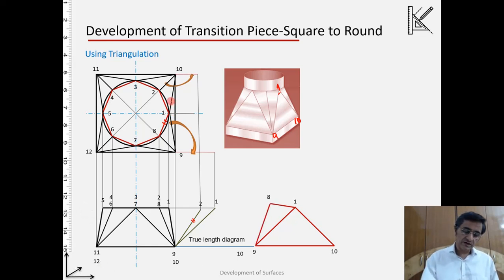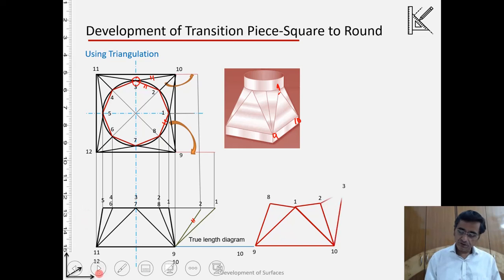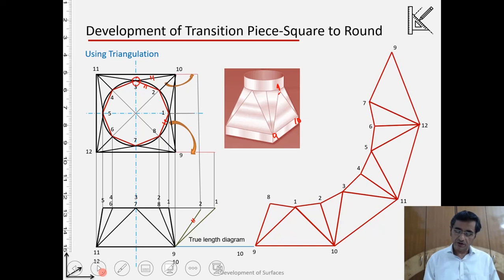Similarly on the other side, I can locate the point 2. Okay, we locate the point 2. Once the point 2 has been located, I can now again plot point number 3. So I know the true length of both. So from 2 and 10, I am taking these two arcs to locate point number 3. So from 2 and 10, taking the arcs, and point number 3 is located, and so on. If you keep doing it, the other points will be also located. And now we have the developed surface, okay, corresponding to the transition piece here.